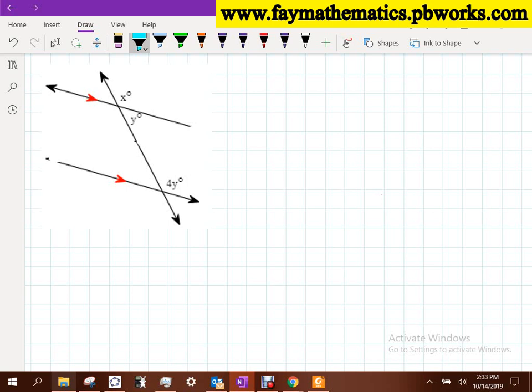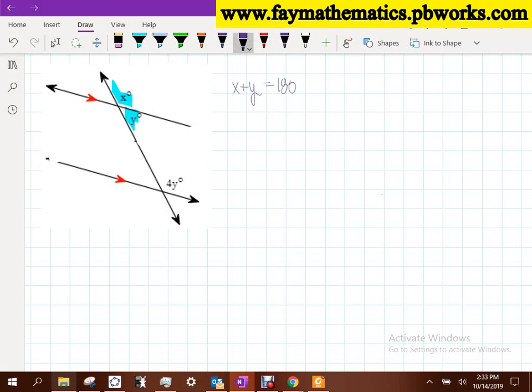You know there's a lot of relationships existing here. Is there a relationship between that blue angle and that blue angle? What's the relationship between them? They're a linear pair. Good. Okay, so if they're a linear pair, they have to be supplementary. So I'm going to write that down. I'm going to write x plus y equals 180.